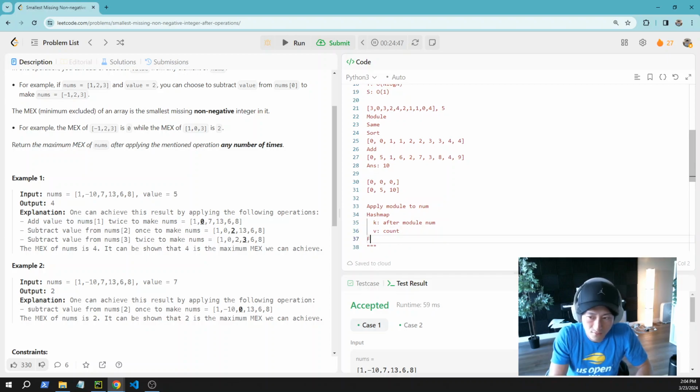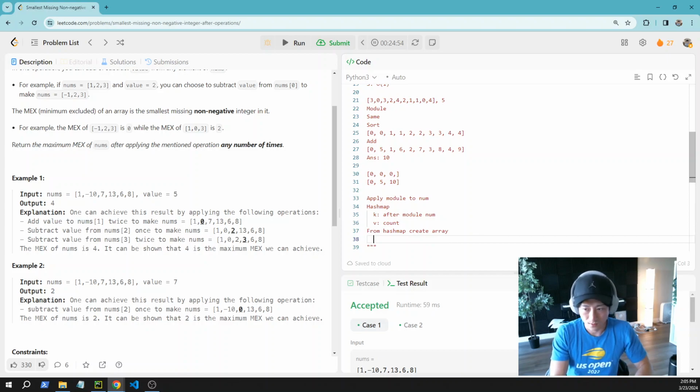Then from the hash map, create an array. So that's going to be an array append